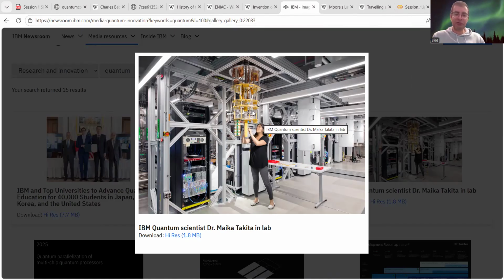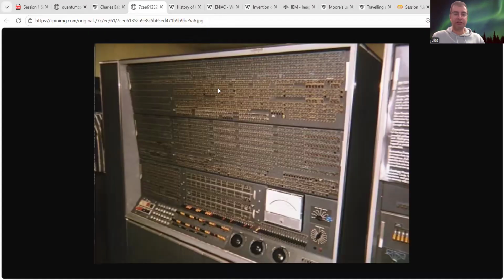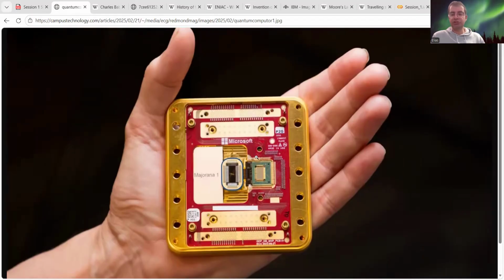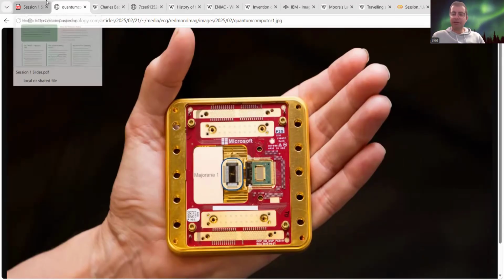So now you might wonder what the size of the quantum processor inside this computer would be. I'm going to show you one picture by Microsoft here. This is one of the quantum chips developed by Microsoft, and you'll see it is quite similar for IBM and other manufacturers. The shape might change a little bit, might be a circle, triangle, or rectangle, but at the end, they are the same. Here you see this chip that has a couple of qubits on it. Okay, let's get back to the slides.